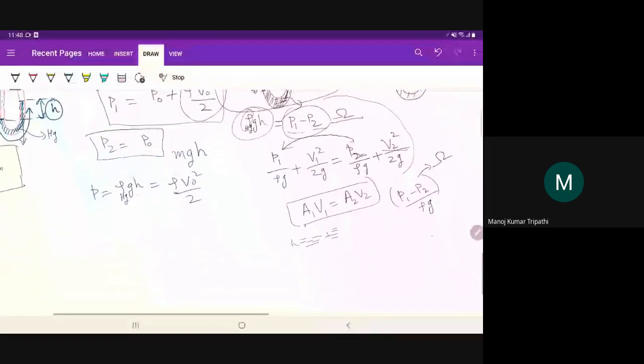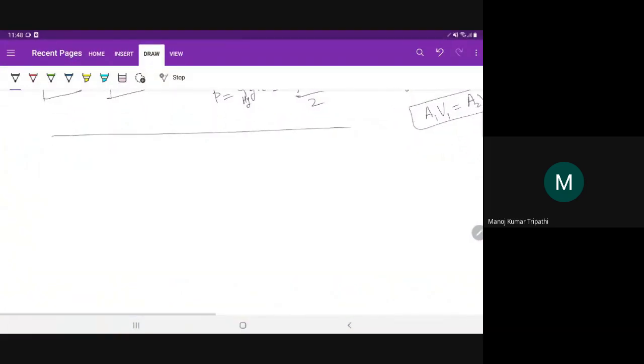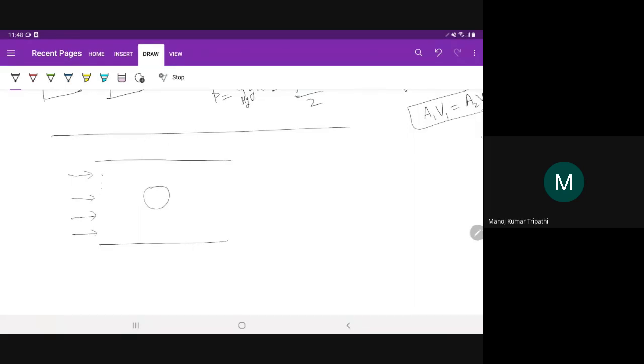Okay. And then there are modern methods. What you can do is you can put some particles in a flow field. Okay. Let's say this is some flow past a ball or something inside a liquid. So you put some particles which are known as tracer particles, and they will flow along with the fluid. So as the fluid flows, these particles will flow with the fluid,